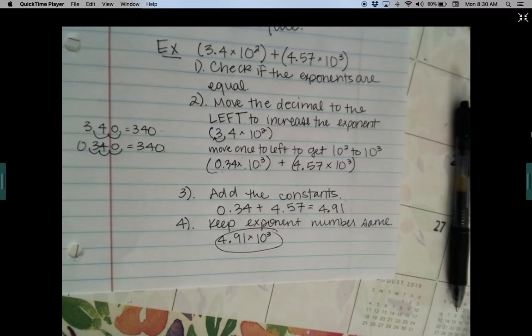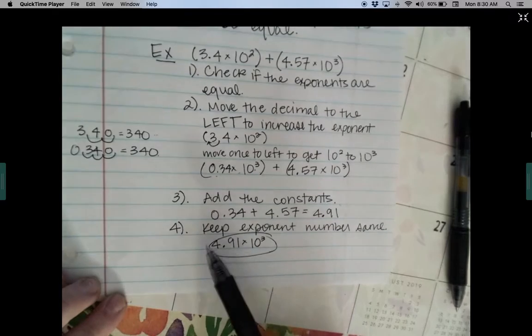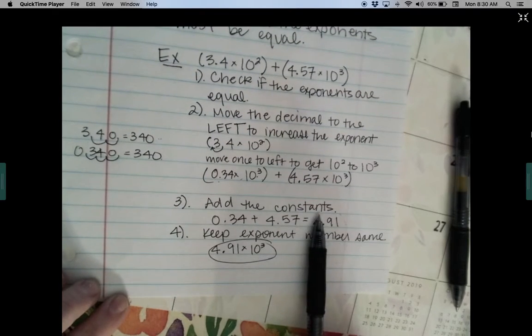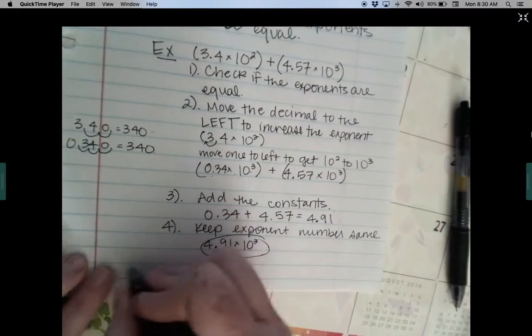All right, I'm going to give you a problem of adding that I want you to do with a partner. If it was a subtraction problem on step 3, you would subtract, okay? And everything else is the same. Okay, so with a partner,